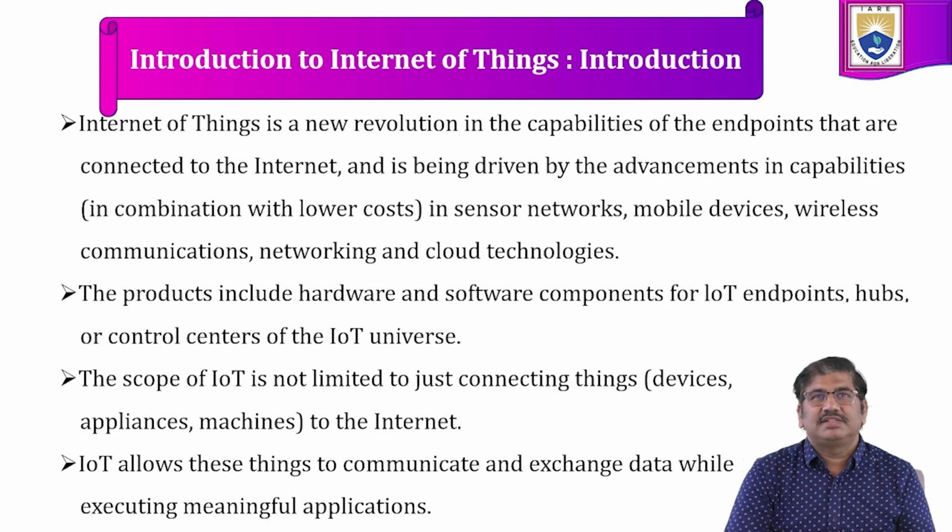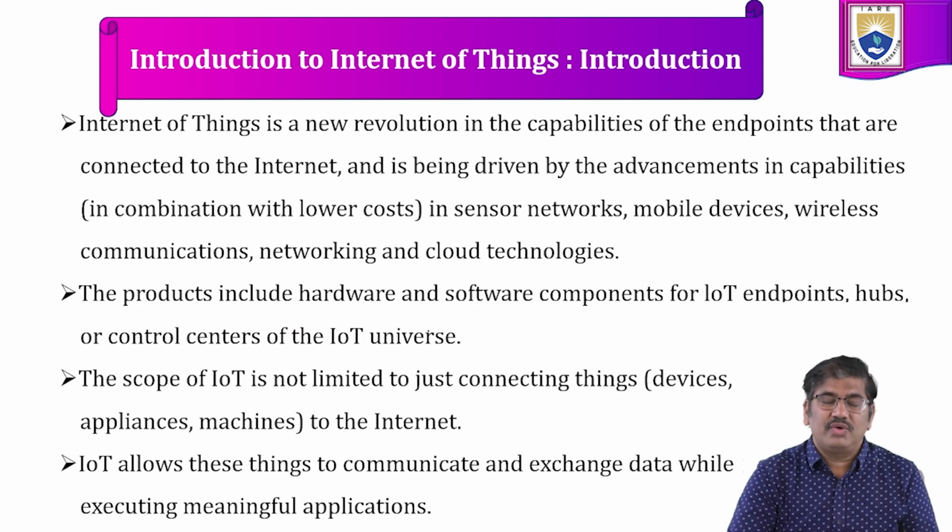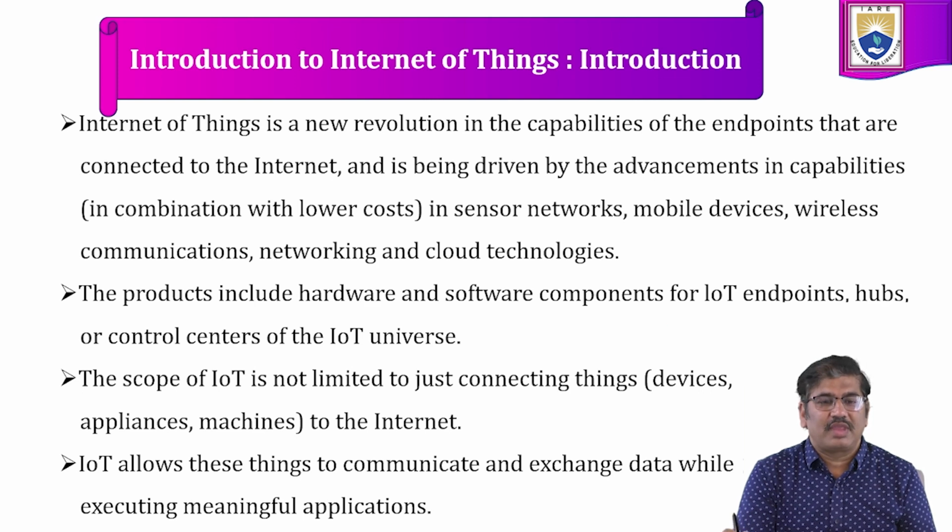So, Internet of Things is a new revolution in the capabilities of the endpoints that are connected to the internet, and is being driven by advancements in capability in combination with lower costs in sensor networks, mobile devices, wireless communications, networking, and cloud technologies. The products include hardware and software components for IoT endpoints, hubs, or control centers of the